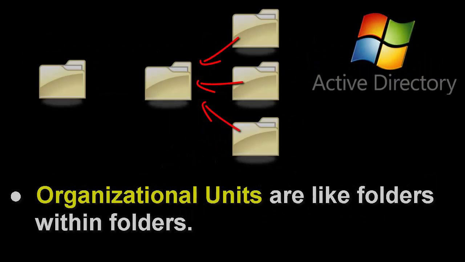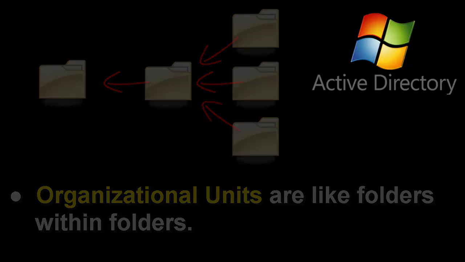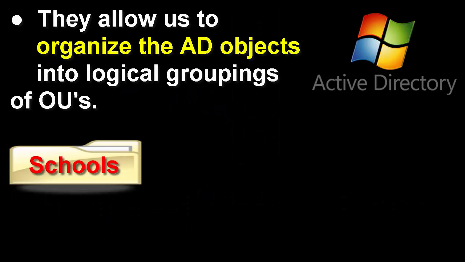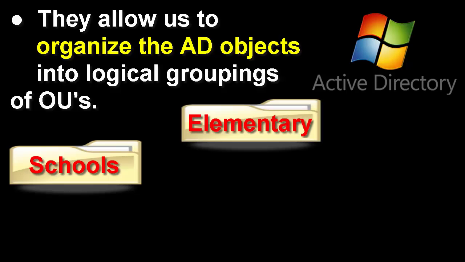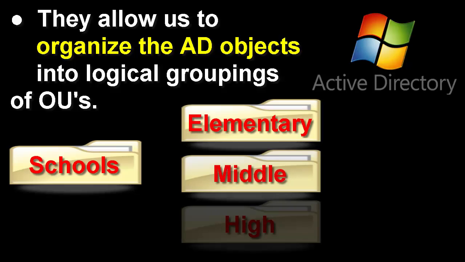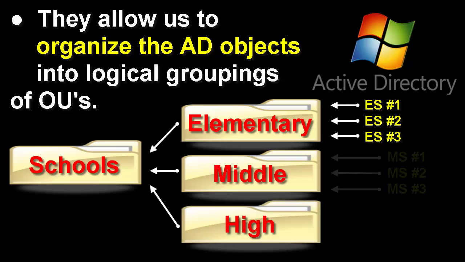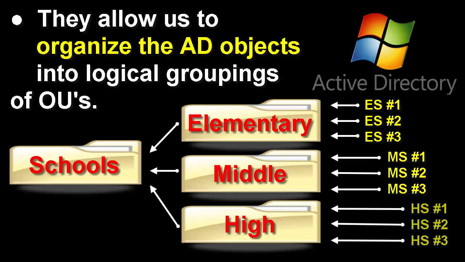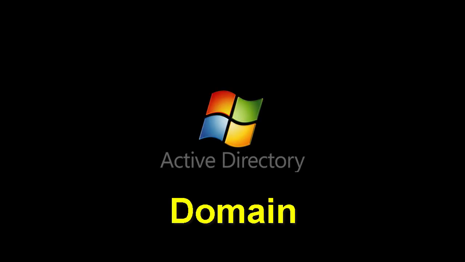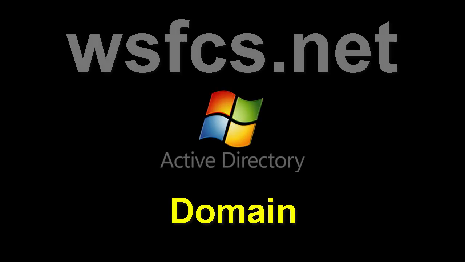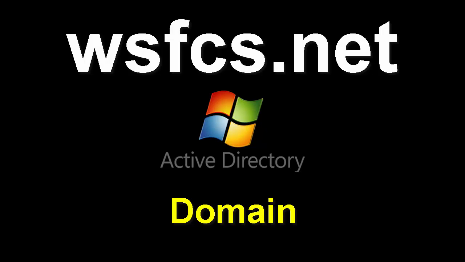Organizational units are like folders within folders. They allow us to organize the AD objects into logical groupings of OUs. For example, we could have one OU for all of the elementary schools, another for middle, another for high, which all rolls into schools, and in turn, each of the schools' OUs would fit into its appropriate elementary, middle, or high. The highest level of organization within Active Directory is the domain, and at Winston-Salem, the name of our domain is